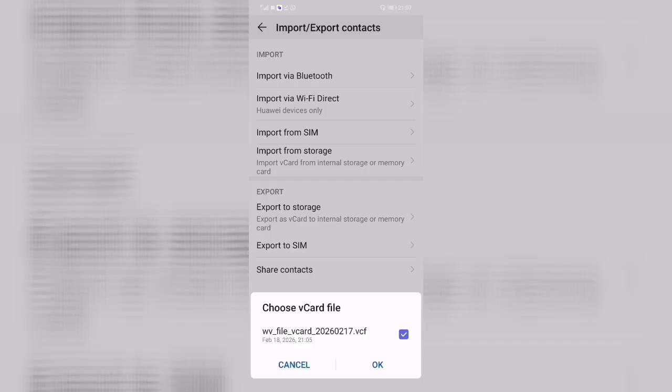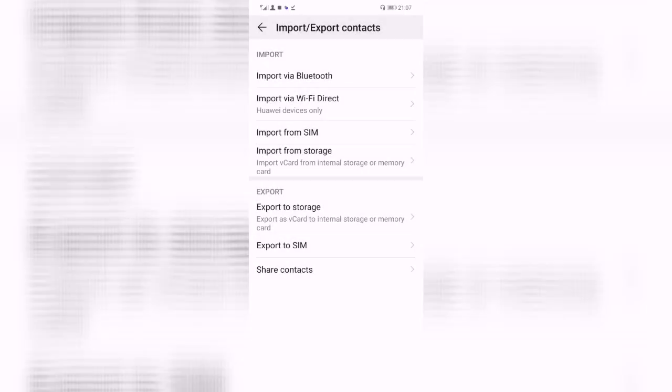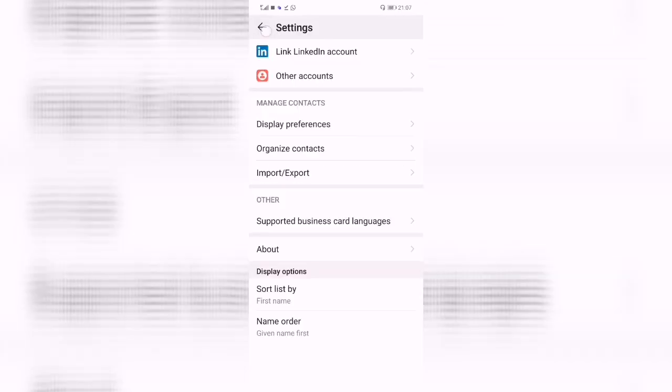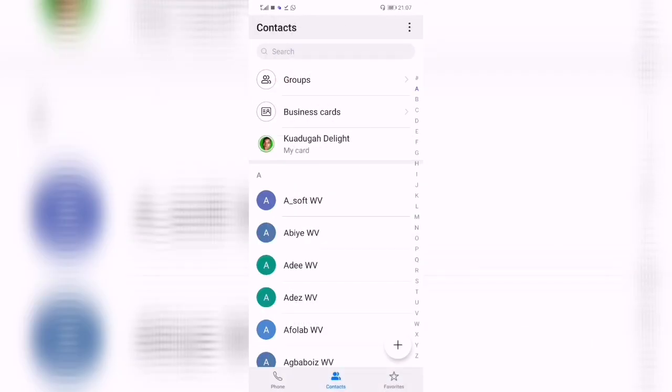So as you can see over here, I have a contact file, so I'm going to click on OK, and then it will import those contacts onto my device. So that is simply it on how to import contacts from files to your